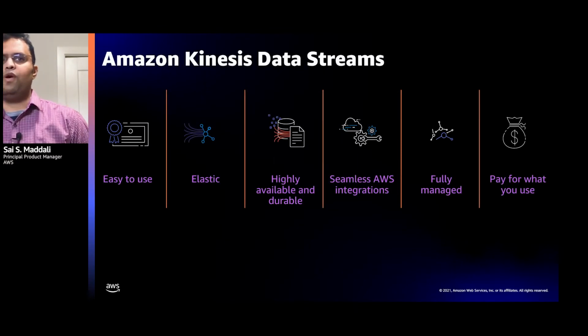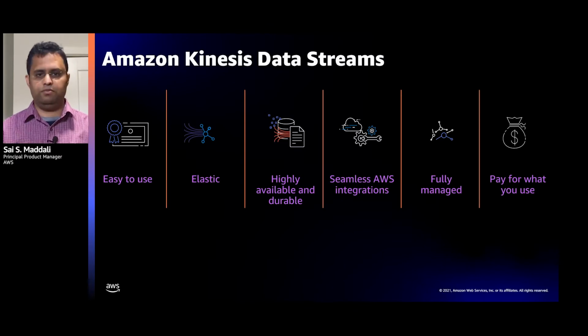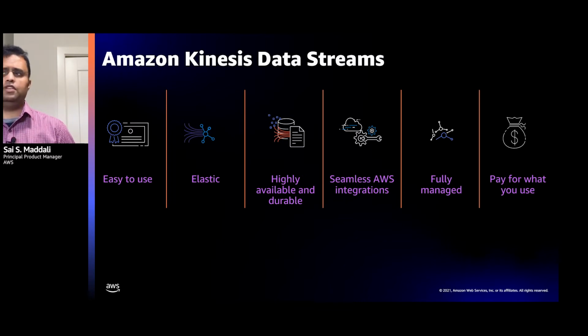So let's talk about how Kinesis Data Streams helps customers build streaming data platforms. The first principle is it's easy to use. You don't have to provision servers or VMs or containers. All you do is log into the console, create a stream, and provide what your throughput requirements are, what your workload needs are, and then you get assured capacity within minutes. It's not only easy to get started, you can scale that stream with a few clicks, and that is where elasticity comes to the fore. So you can scale up as your traffic patterns change or increase.